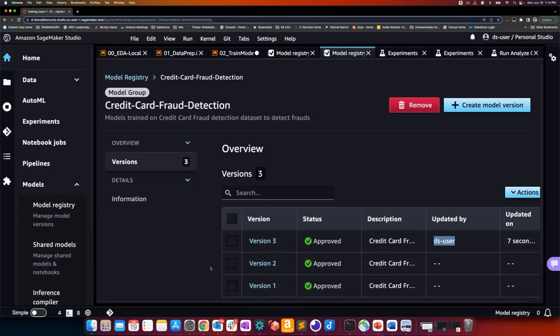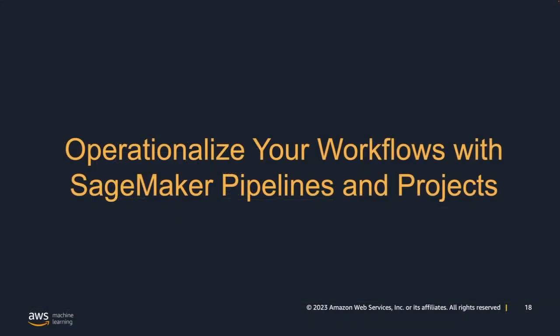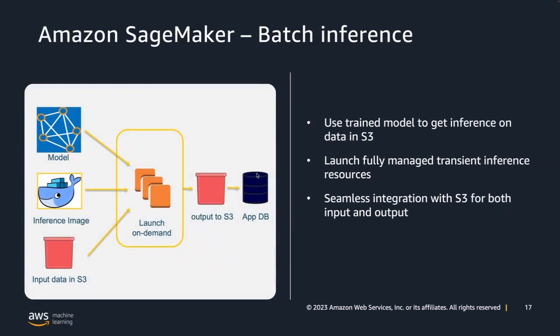For the next set of actions post model registry, I'm going to hand it off to Paul to present the rest. Yes, so this is Paul, and I'll be picking up from where Pranav left off, which is having built a model and storing it in the model registry. In the remaining time, we're going to talk about SageMaker's MLOps tooling, which primarily revolves around pipelines and projects. So as you already know,